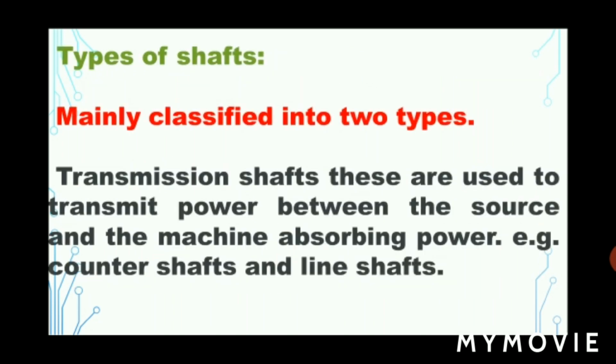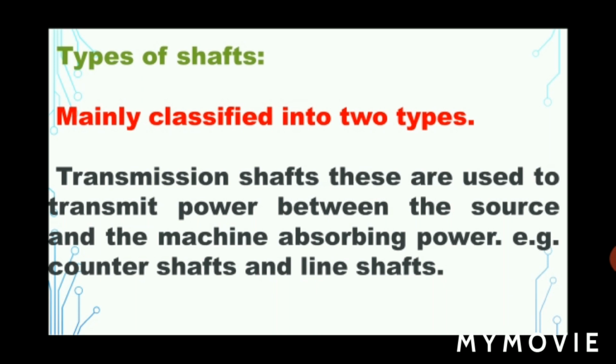Right, fine. Now, what are the types of shafts? This is a simple thing. Not much explanation is required regarding the types of shaft, because we are mainly focusing on what the function of a shaft is, what forces act on the shaft, what stresses are induced on the shaft, and the material. Material plays an important role, what kind of material we are using for a particular shaft. If you know all these things, then you can go for the basic design equations for making a particular shaft.